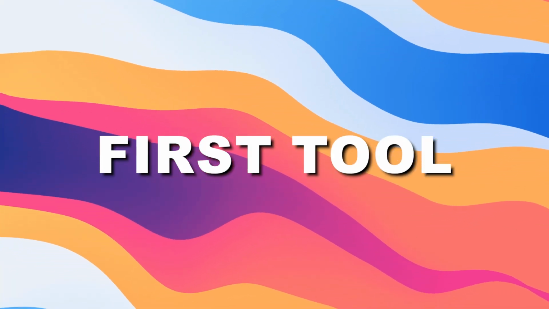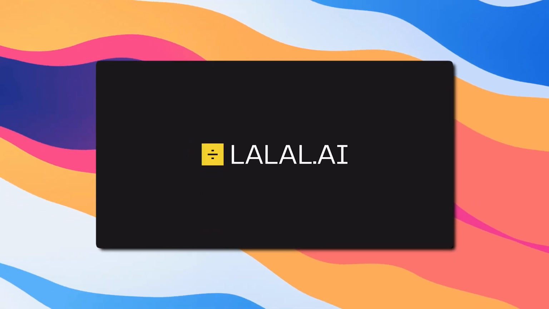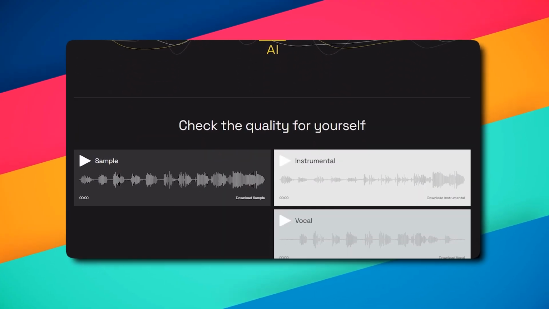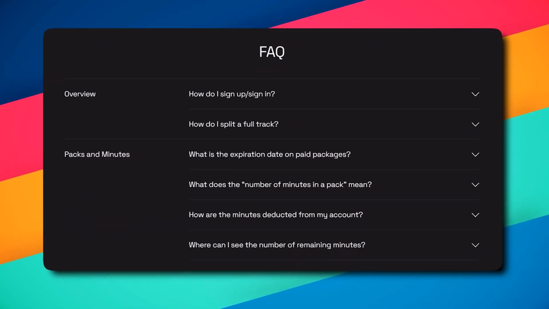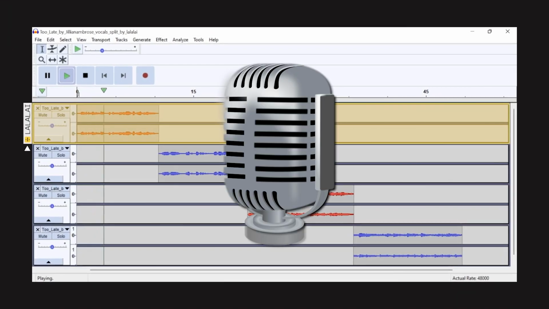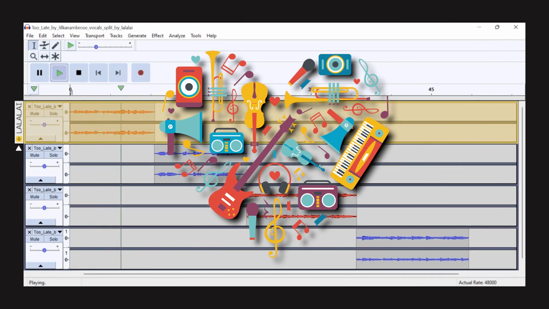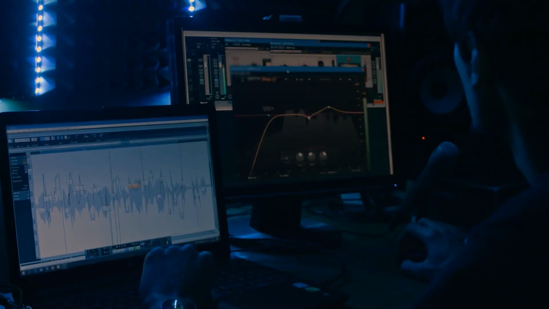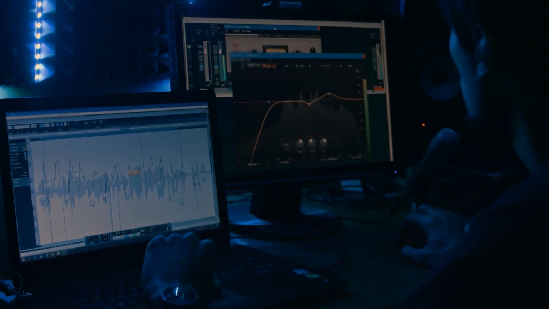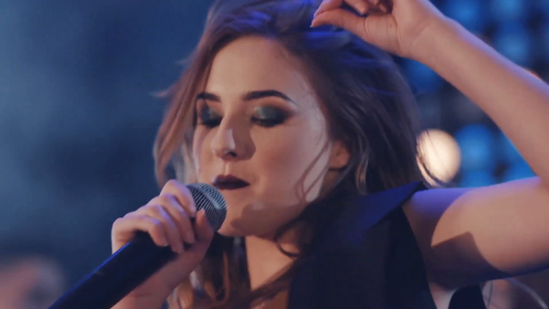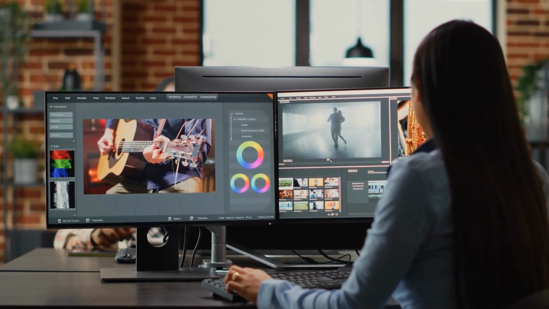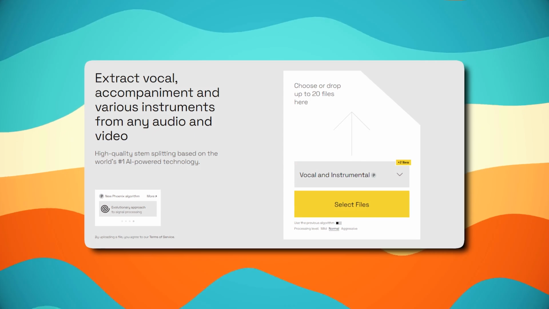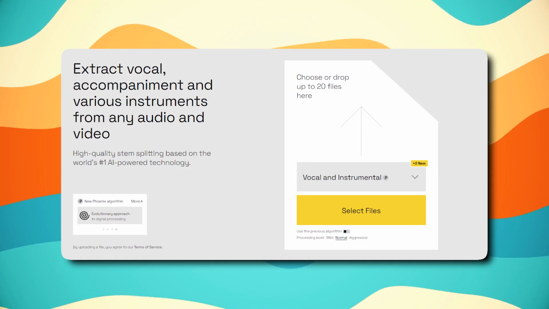The first tool that we will be looking at today is Lalal.ai. Lalal.ai is an innovative music source separation solution powered by artificial intelligence. The tool is designed to provide a seamless and efficient stem extraction experience. With its cutting-edge features, removing vocals, drums, bass guitar, instrumentals, and piano tracks from songs becomes effortless and accurate without compromising quality. Ideal for musicians, singers, DJs, creative professionals, producers, and music enthusiasts, Lalal.ai empowers users to recreate tracks by